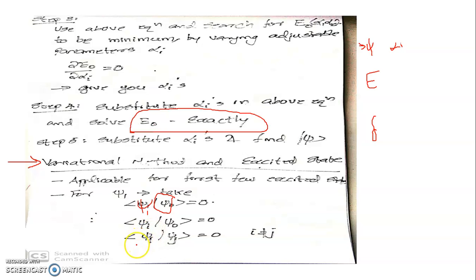So that is true in the case of any particular trial wave function being guessed: the scalar product <psi_i|psi_j> equals 0. Now with the help of this guess, we make a choice of psi. With the help of that choice of psi, we evaluate the energy eigenvalue and wave function following the procedure that we have already seen. Now we'll see